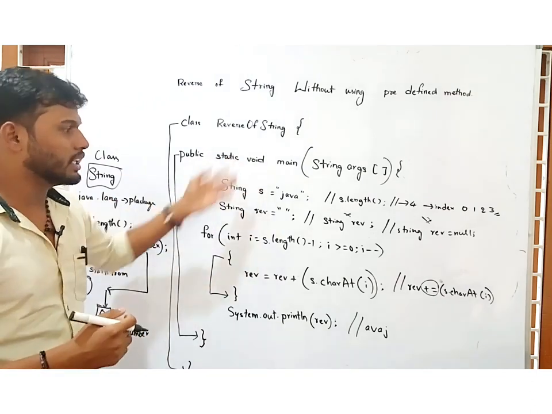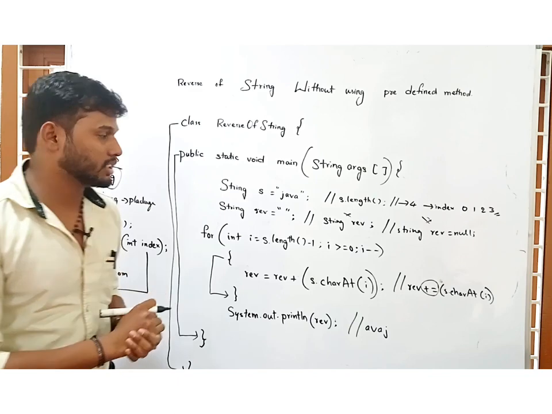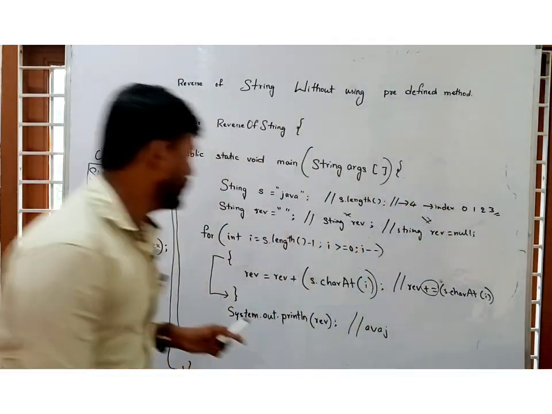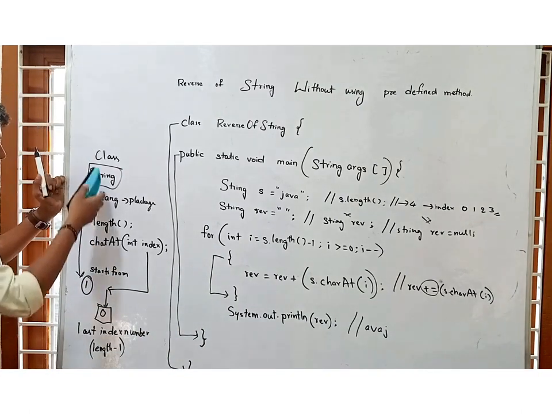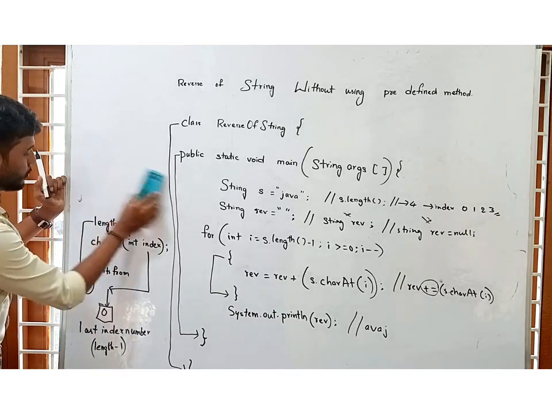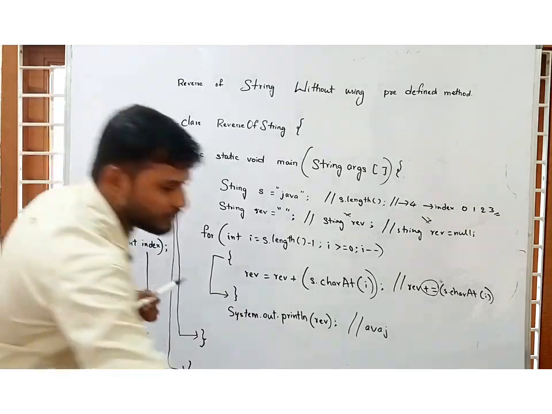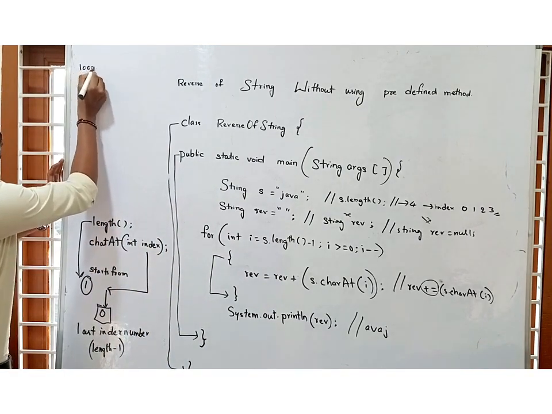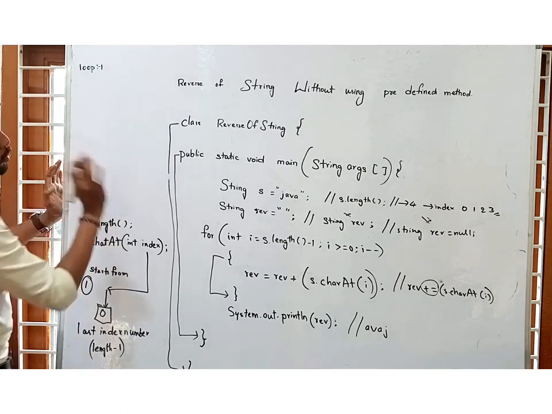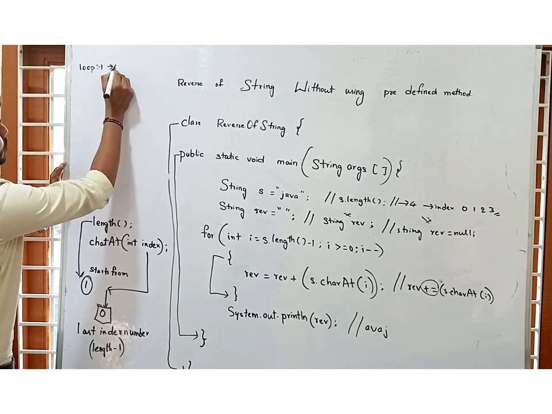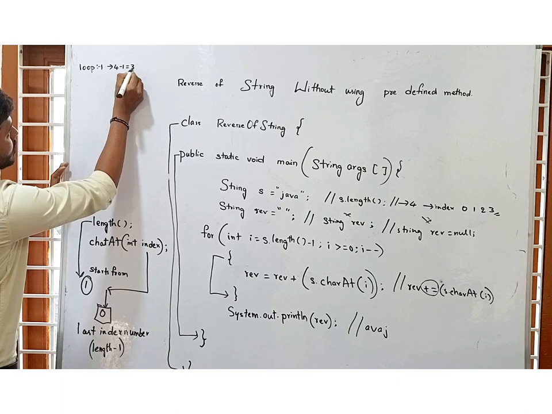First we tell the program, but we need to explain the logic. They need the logic, so how will the logic go? Let us see here. Before that, we need to know length minus 1. Okay, here I am keeping this type only. Now let us see. In loop number 1, what will happen? S dot length. What is the length? 4. What is the length? 4. 4 minus 1 equal to 3.